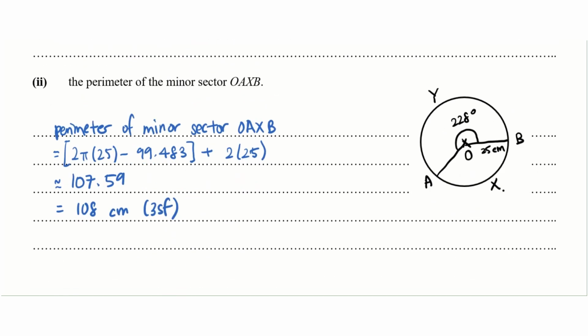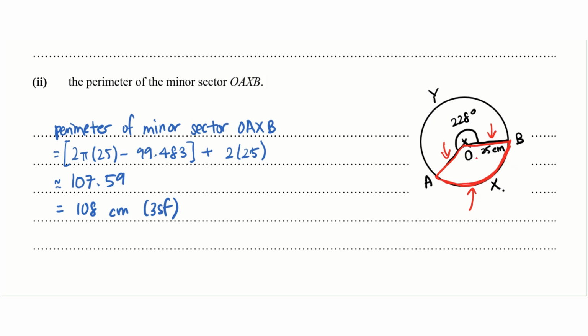Moving on to part 2, we want to find the perimeter of the minor sector OAXB. OAXB refers to this sector over here. And this sector comprises 3 different sides, the arc length AXB and also the two radii which are 25 cm long. So to first find out what is the arc length AXB,